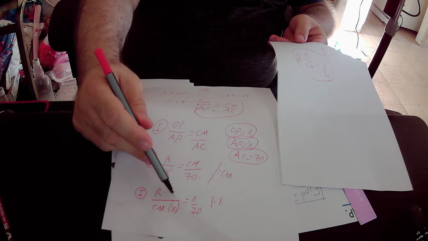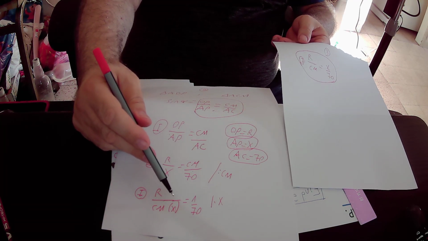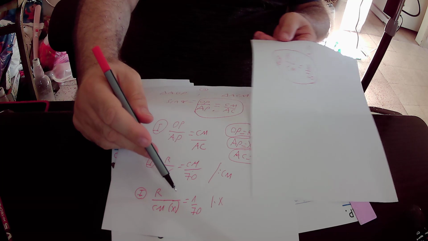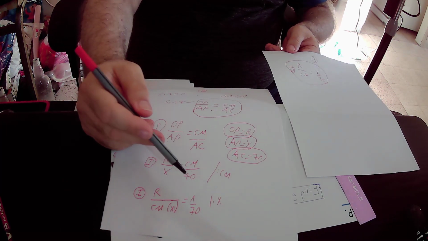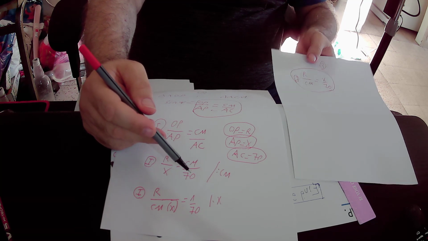X is cancelled, because it is X divided by X, that equals 1, so we are left with R over CM, that equals